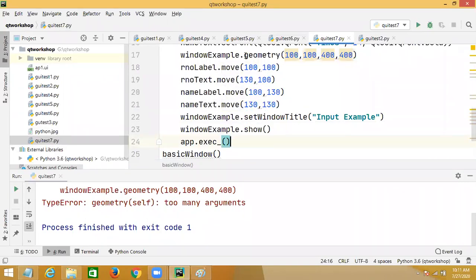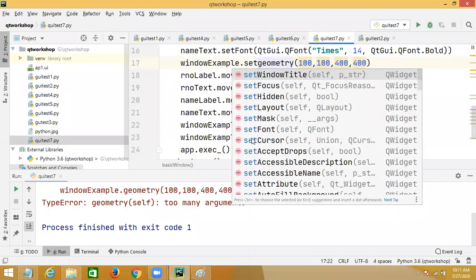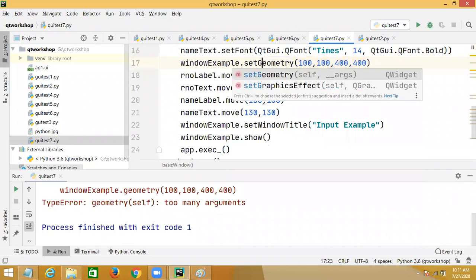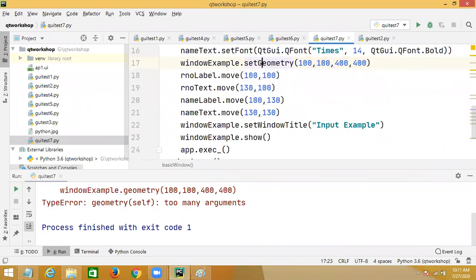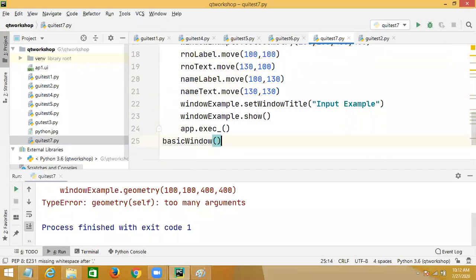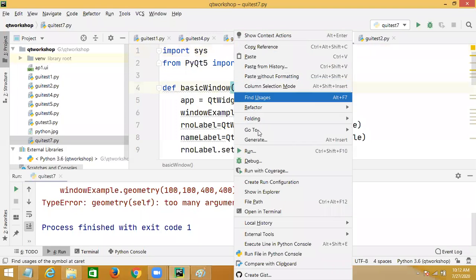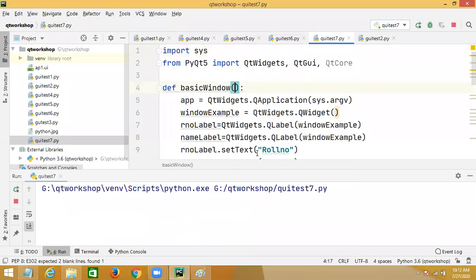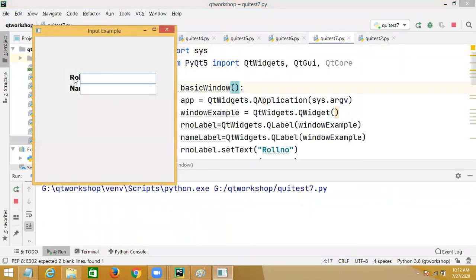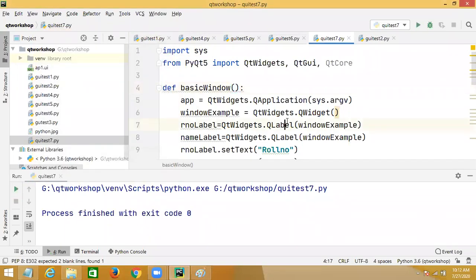Set geometry. So we should change these positions because they are overlapped, right?